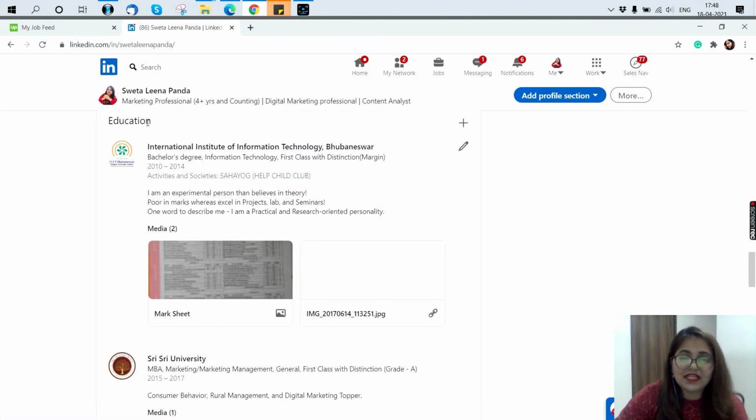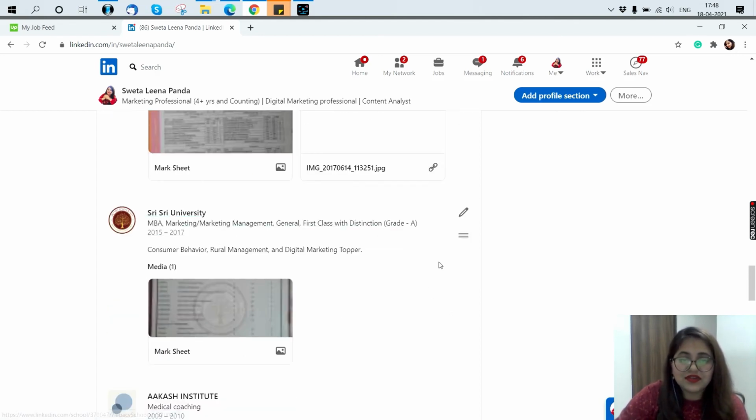Similarly, I can go for education as well, and in education I have put all the details which are required. Make sure that you have written the major information, like which area you are mostly into. Here I have done my BTech in IT, so I have mentioned that. Along with that, I have put my certificates. Here I have also put my MBA, in which section, whether marketing or finance or HR, the subject I have chosen for myself. Along with that, I just put it like this and all.